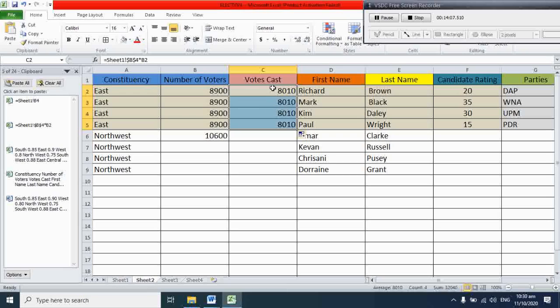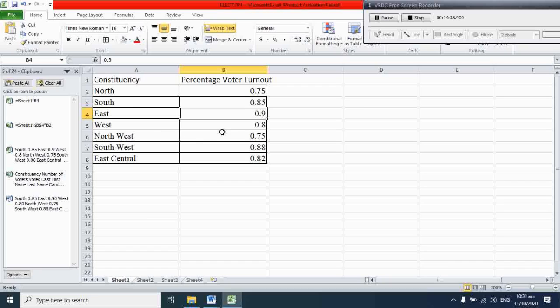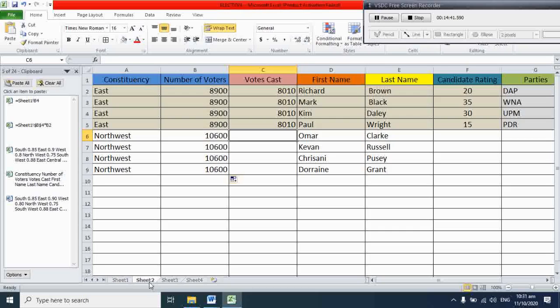Notice it freezes, so we have one set of calculation for the one constituency there, right? So if I am going to look at another constituency, Northwest, and I select 10,006 as the number of voters, I would copy the value for the remaining persons. To write the formula, I am going to use the sheet where it belongs. So it's on sheet 1. Northwest's percentage is in B6. So I would go back, start my formula, and say equal sheet 1